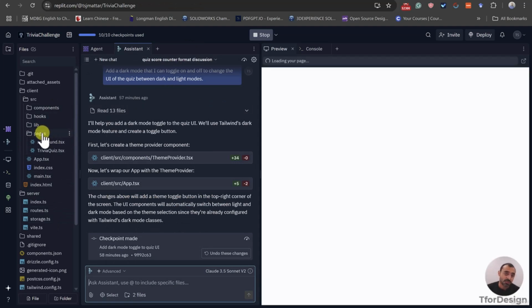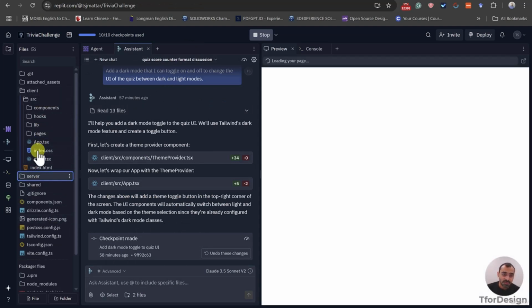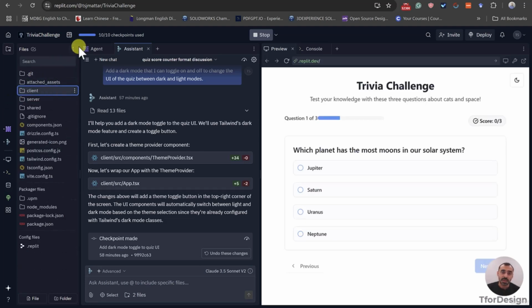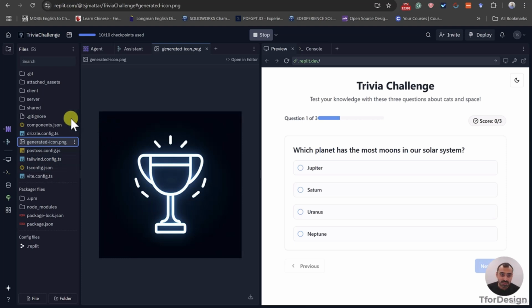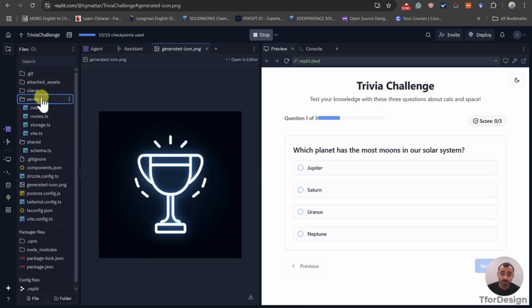Maybe we'll touch back on them later in the course. However, you just have to know that all your files are actually here in case you want to invite someone to come in to check them out or to fix something for you. You'll have everything right here for you, because at the end of the day, Replit or any other vibe coding